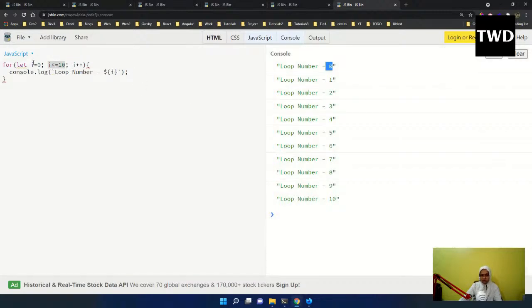Then when it goes up, it will not go to let i = 0, it will go from the right hand side, i++. i++ means i = i + 1, so i will become 1, then it will check 1 is less than or equal to 10, yeah, come here, i value is 1. Like this it will go 2, 3, 5, 6, 7, 9, 10. 10 also it will come, 10 is less than or equal to 10, yes, and it will print 10, then it will come up,